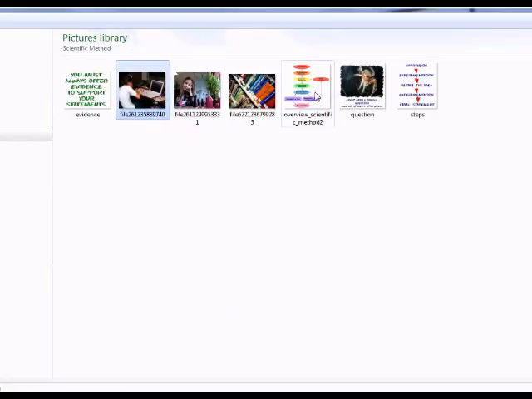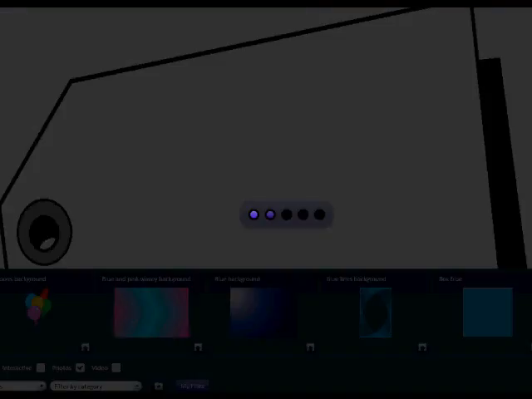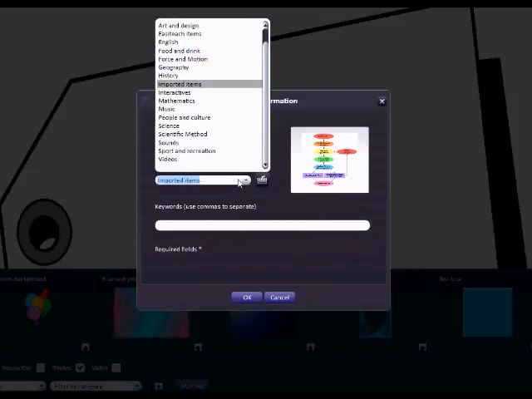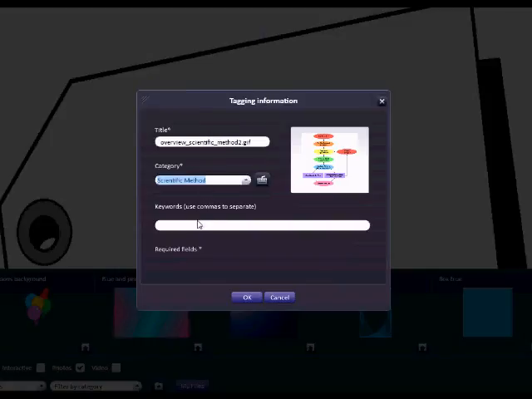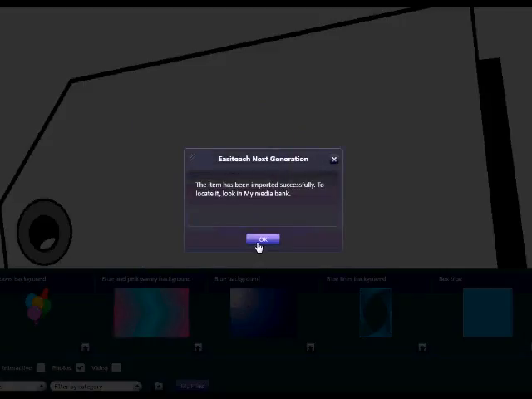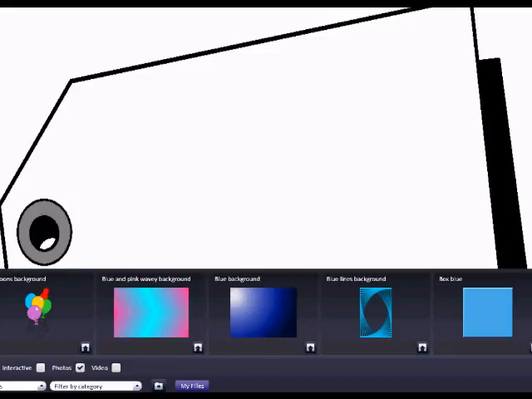I'm going to select this concept map. Notice now that I have scientific method as one of my folders. Click it. I'm going to do a quick keyword as scientific method, and I have done that. I'm going to pause while I finish my importing. Okay, now I'm finished. I have imported several pictures, but what I'm going to do here is I'm going to